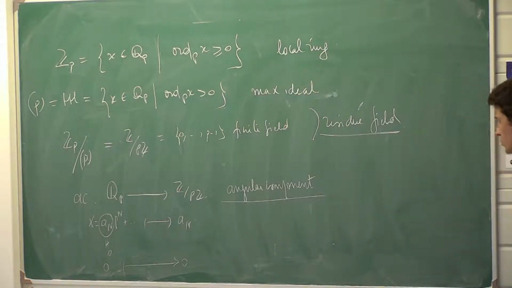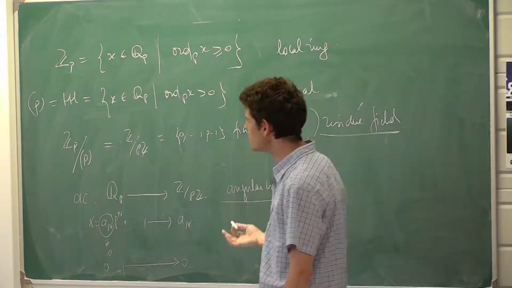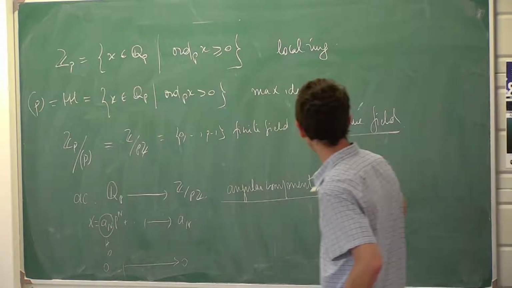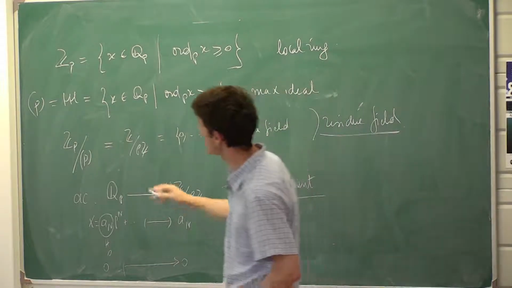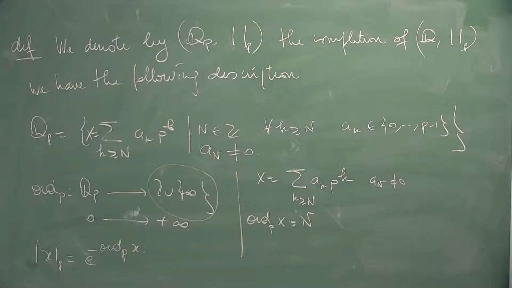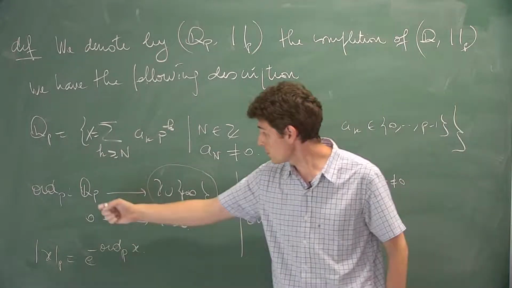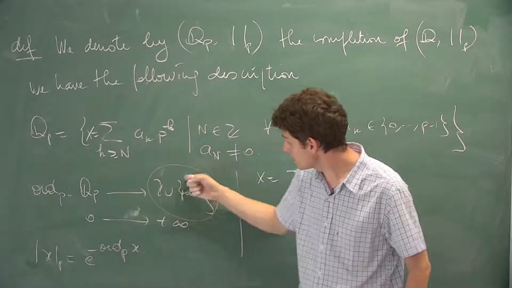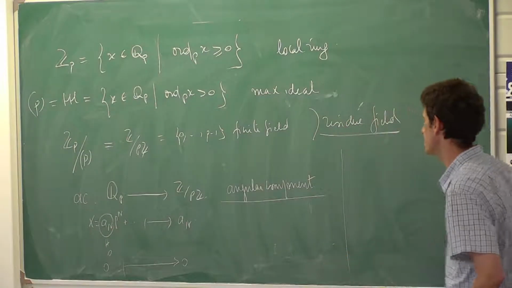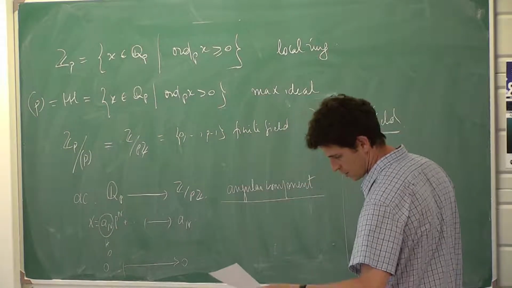So later, if we do some model theory, we will need a language for the valued field. We need a language for the residue field. We need a language for the target, for the value group, which will be that. And we will connect the sorts, namely the valued field with the residue field, using the angular component. So you will have a symbol for that. And you will also need a symbol for a connection between the valued field and the value group of the valuation. So I will explain that later.